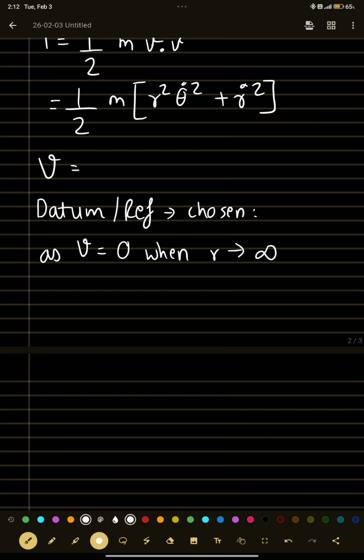So there is a tendency for the particle to accelerate towards the planet from infinity. Here acceleration means velocity is increasing. So kinetic energy is increasing. So the work done by the gravitational force